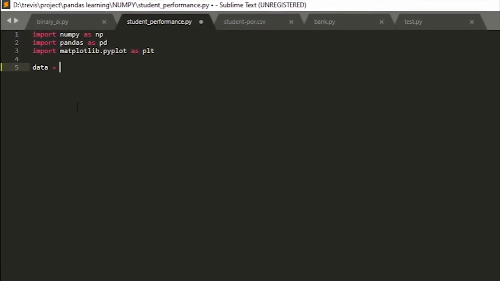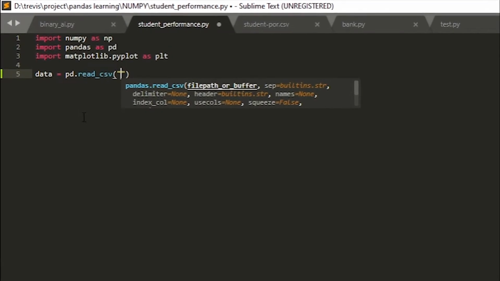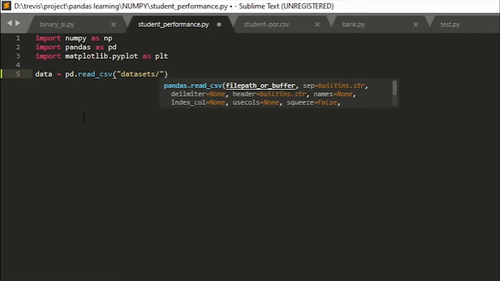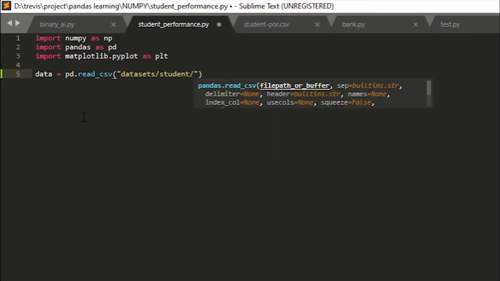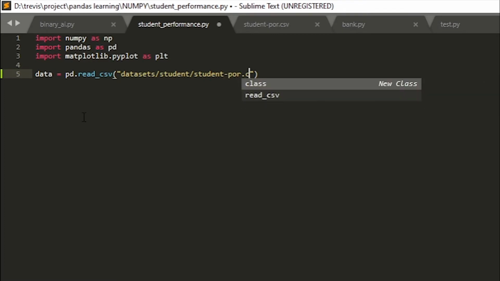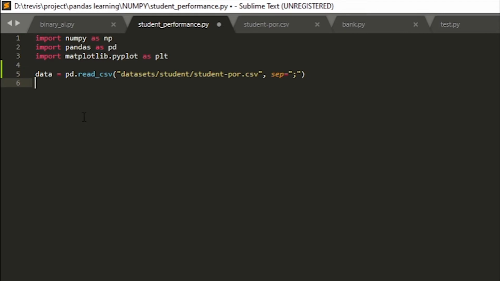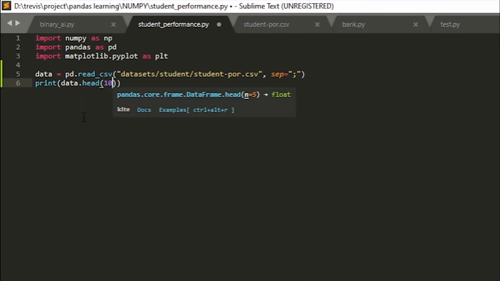So I'm going to call mine data equals pd.read_csv. Then I'm going to read it, whereby, like I said, mine is at datasets slash student slash student-por.csv. Then one thing you should know is that it's separated by a semicolon, right? So if we decide to print the data with a head of 10,